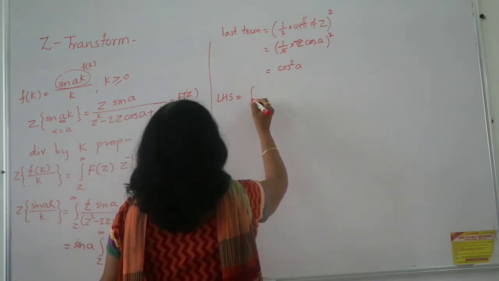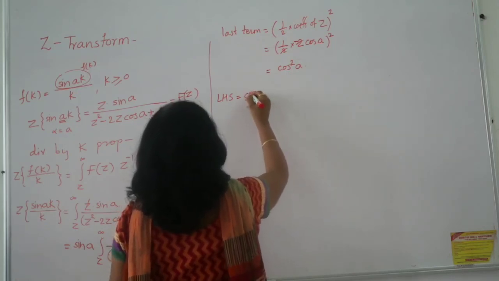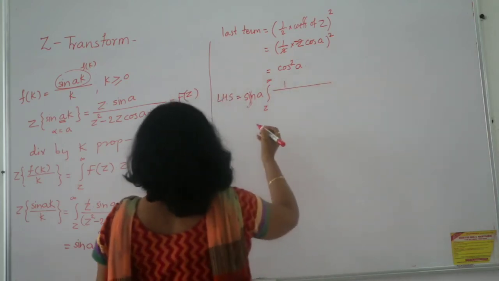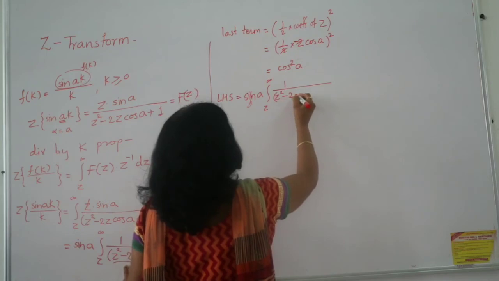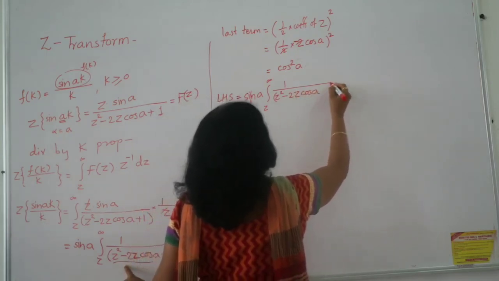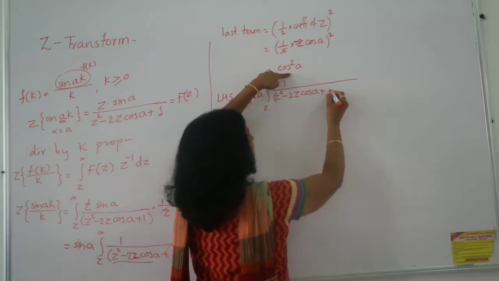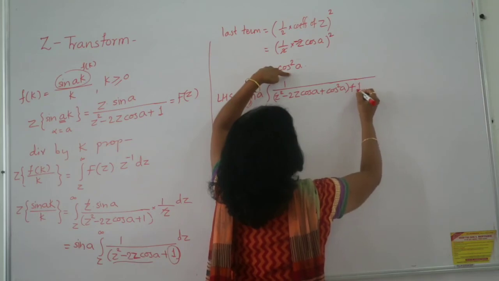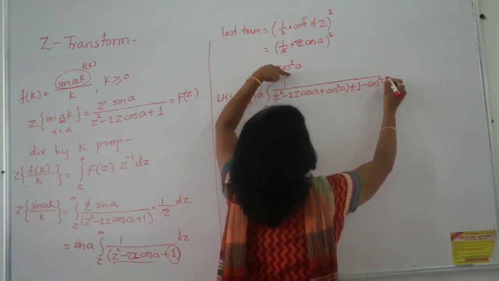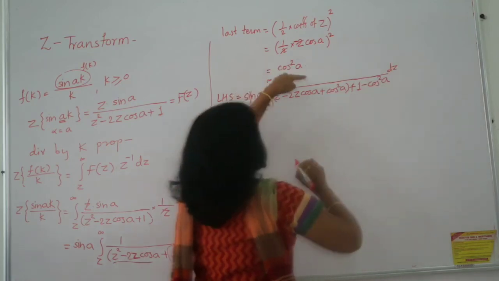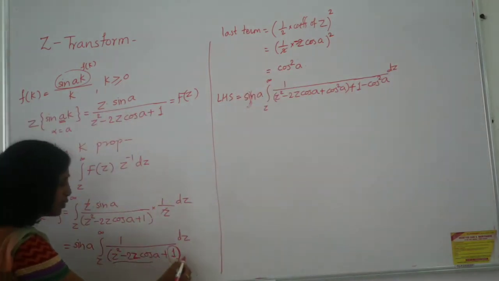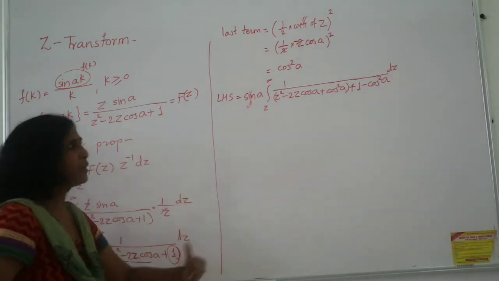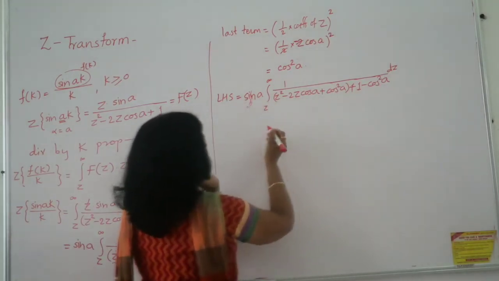writing again and again. So here I already have the term sin A outside. Integration Z to infinity 1 upon, and see how we are adjusting it. Z square minus 2Z cos A, and now this term is first added, and then from the remaining one it is subtracted also, so the value should not change. So cos square into dz. See here, I added it along with these two terms, because one was not allowing you to complete the square. So along with these two terms I added cos square, and from this one subtracted. So that plus minus gets cancelled, and the original value remains as it is.